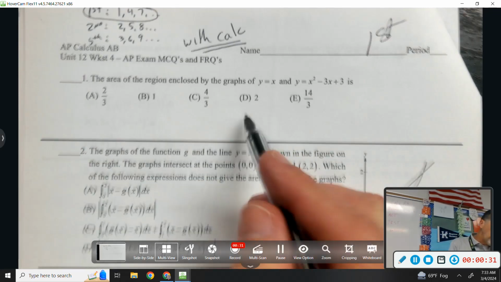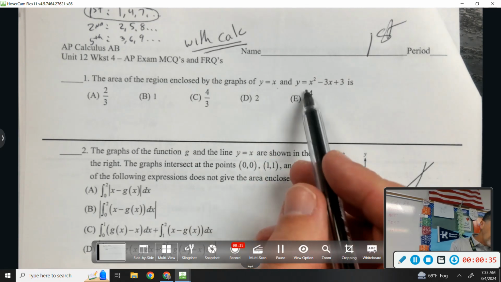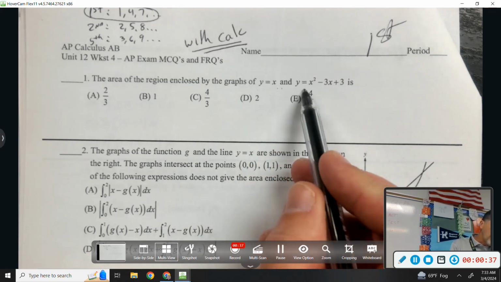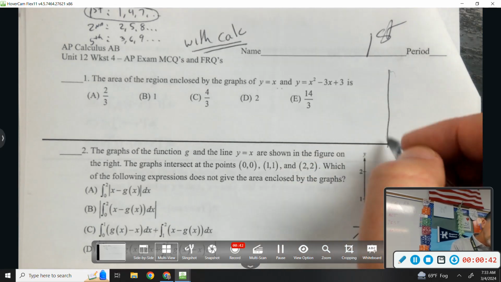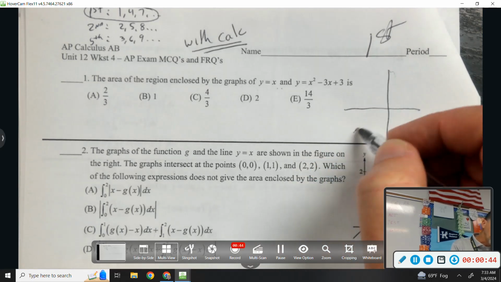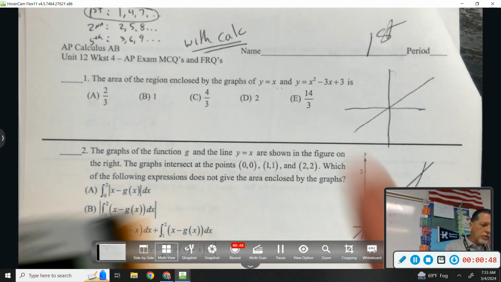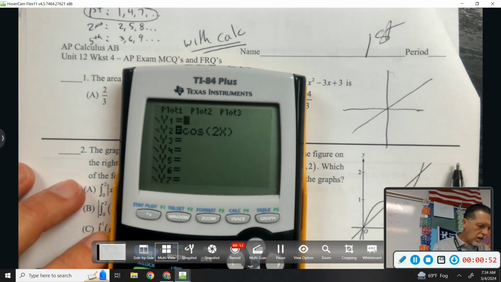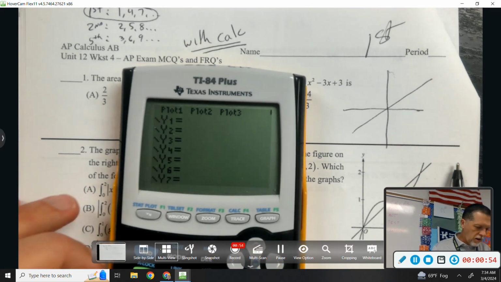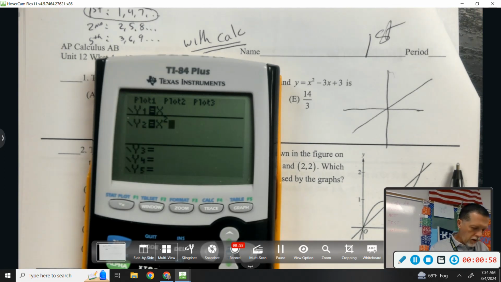Number 1, the area of the region enclosed by the graph of y equals x squared and y equals x and y equals x squared minus 3x plus 3 is, I don't know. I know what y equals x looks like, and I know what a parabola looks like, but I don't know what that parabola looks like. So let's go to the calculator. Y equals x squared minus 3x plus 3,